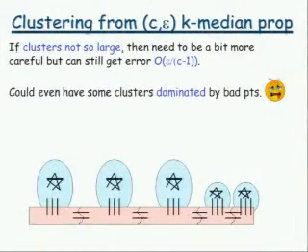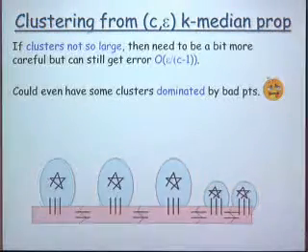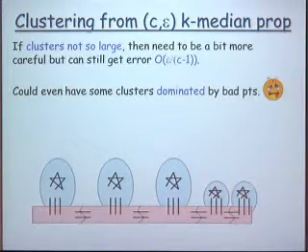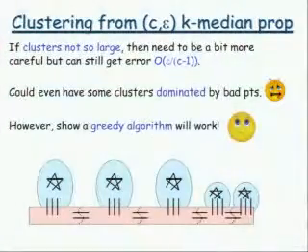Okay, now if the target classes are not so large, the previous algorithm that I described doesn't really work. Because why? Because we could have some classes that are completely dominated by bad points. However, luckily, it turns out that some algorithm that is equally simple is going to do the right thing. Okay, and what's the algorithm?